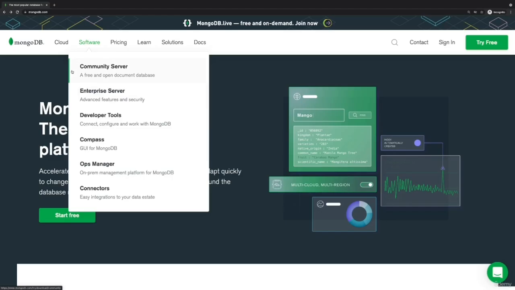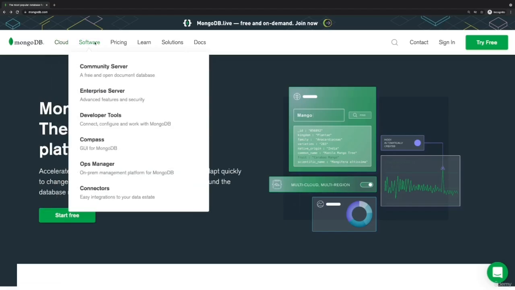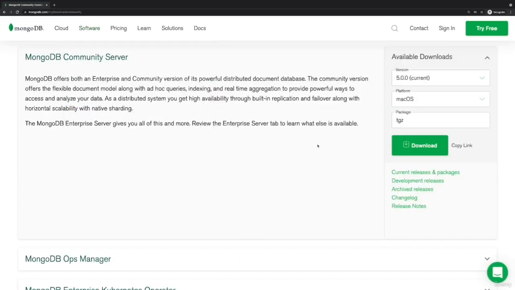And when it comes to deploying MongoDB, we'll take a look at these cloud offerings again later. Now, we also got more tools. Most importantly, Compass is also noteworthy. It's a graphical user interface that allows you to interact with your database and to view the data in your database. It's a little bit like MySQL Workbench for MySQL, if you've worked with that, but we'll ignore it for now. Instead, we'll install the community server, and for this we can click on it,